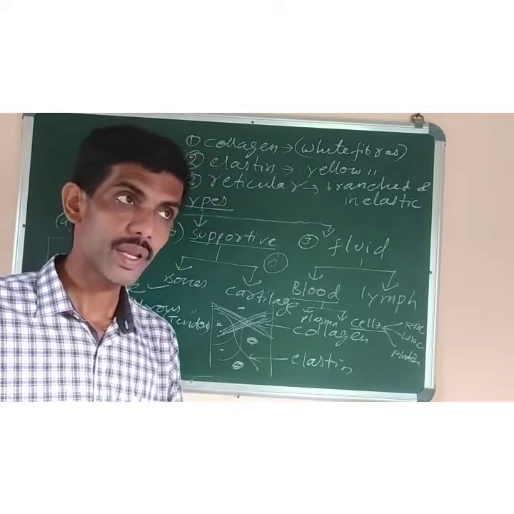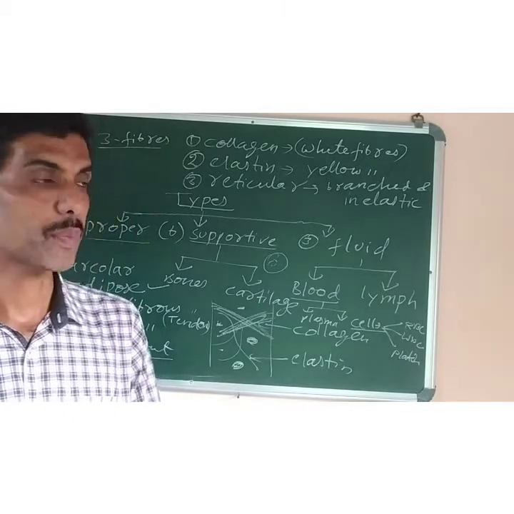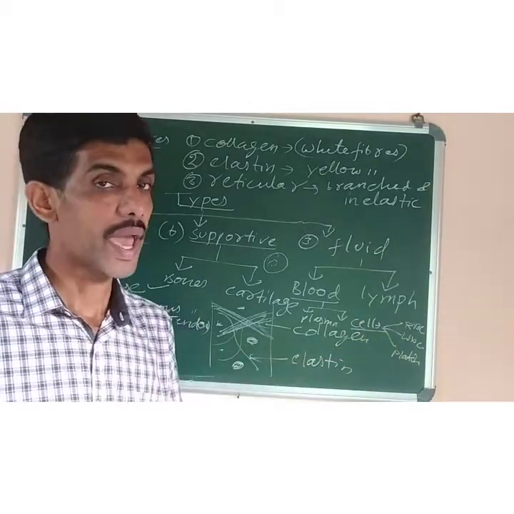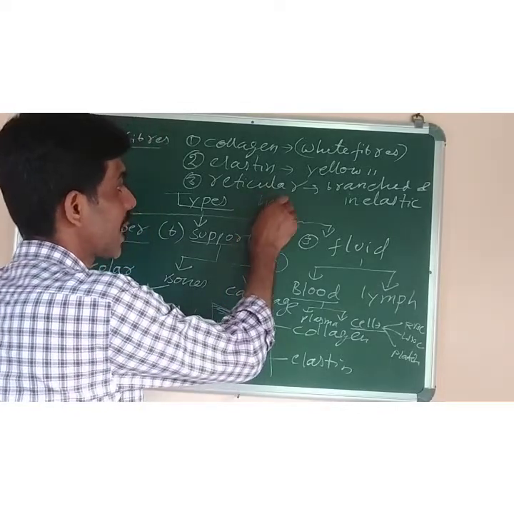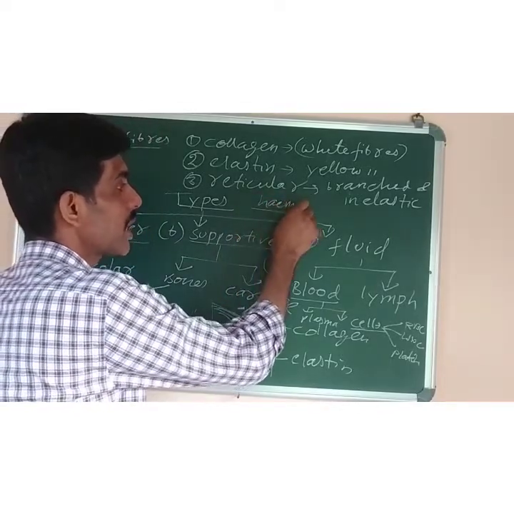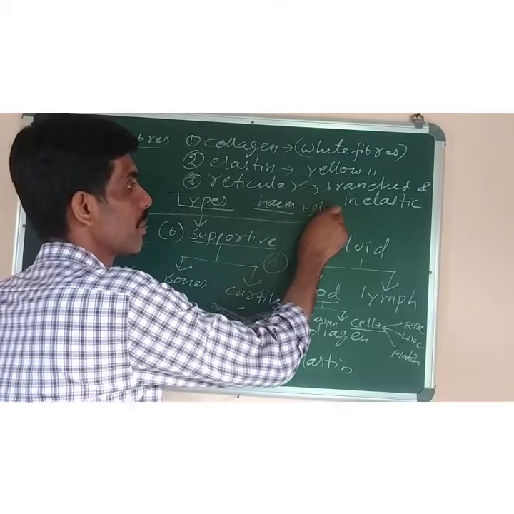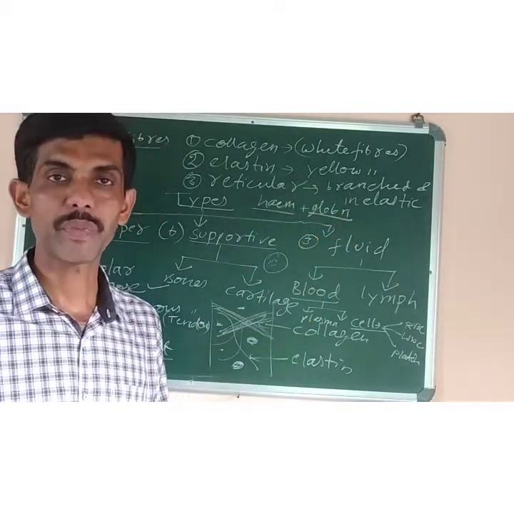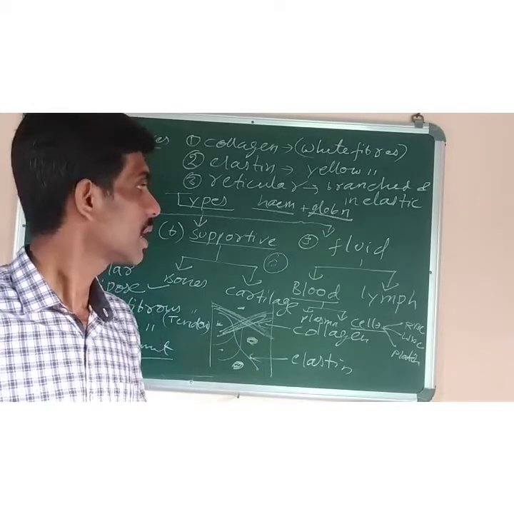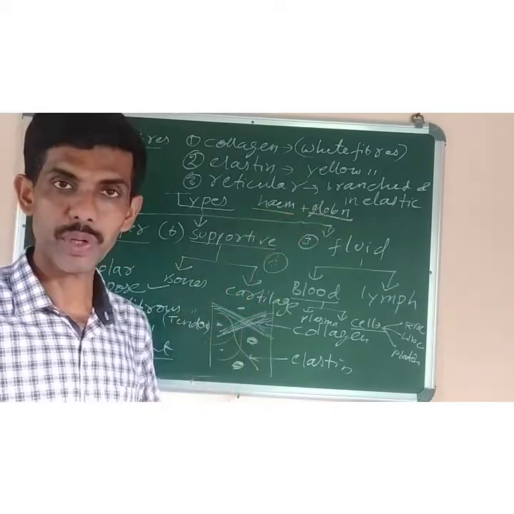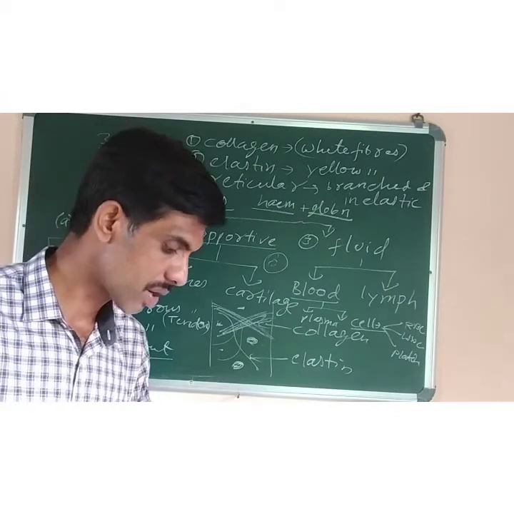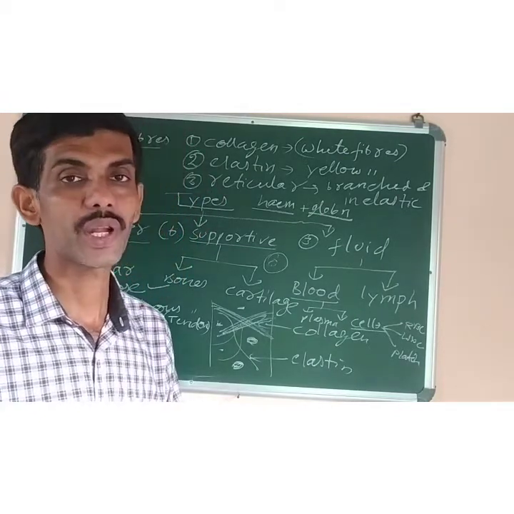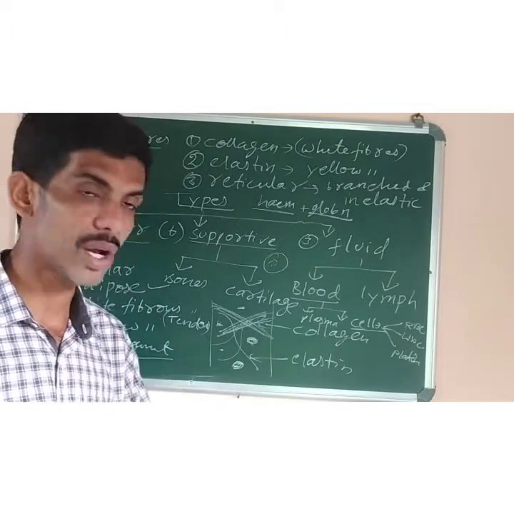Okay, hemoglobin is a pigment, respiratory pigment, which is found in RBC. It gives red color to the blood. And hemoglobin is made up of two parts. Hem means iron part, and globin, that is the protein part. So what is hemoglobin? It is a respiratory pigment which gives red color to the blood. It is made up of iron part and the protein part. Okay. Then what is the function? Already I said, if there is less hemoglobin, the person suffers from a disease called anemia. Anemia means deficiency of blood.